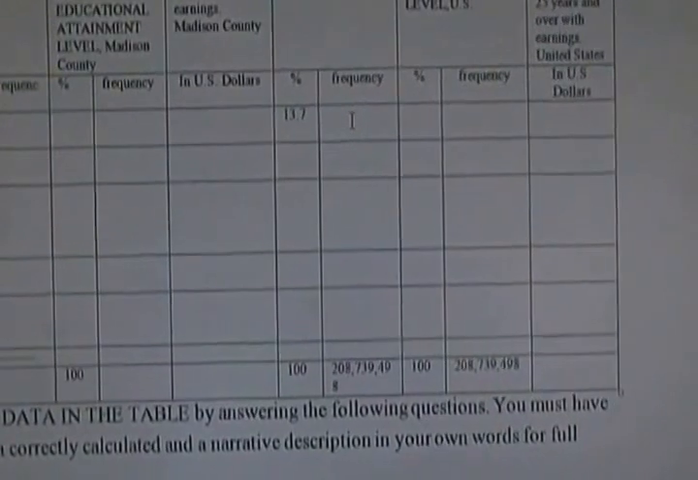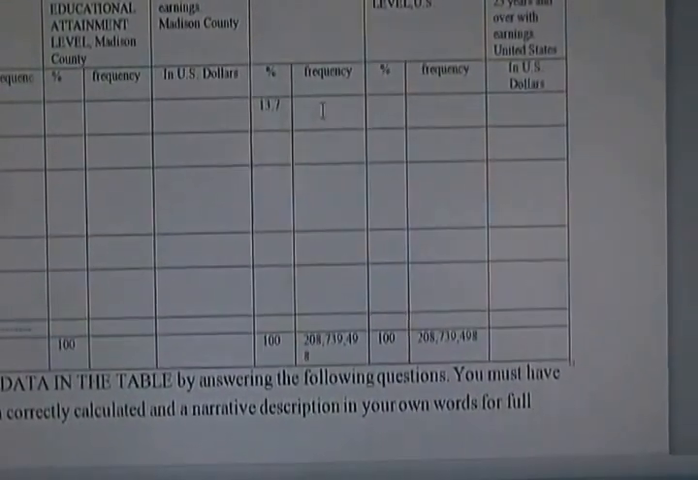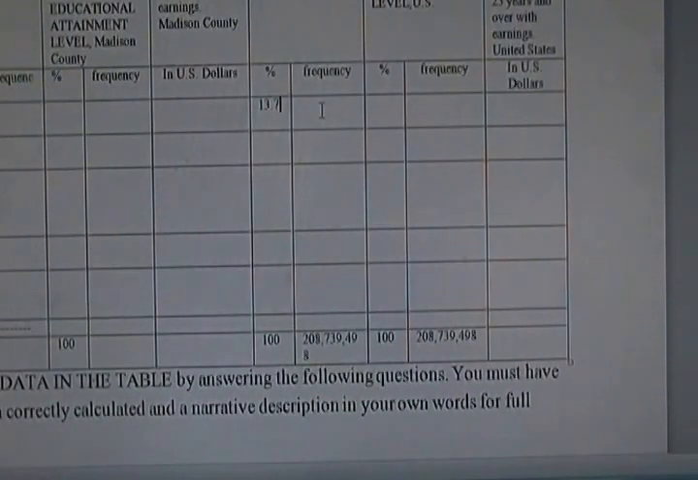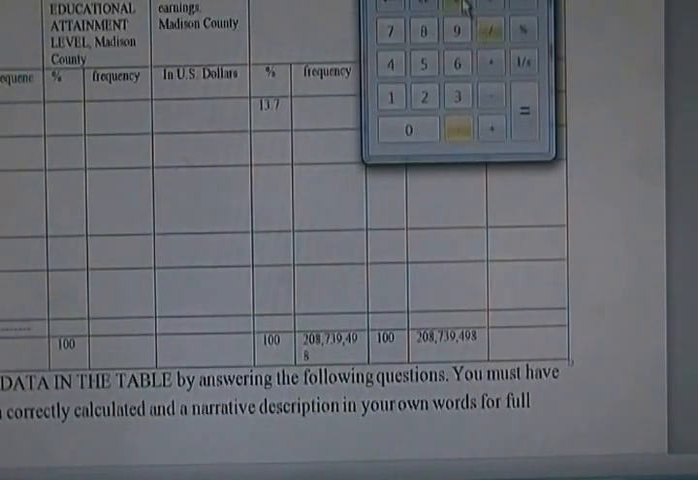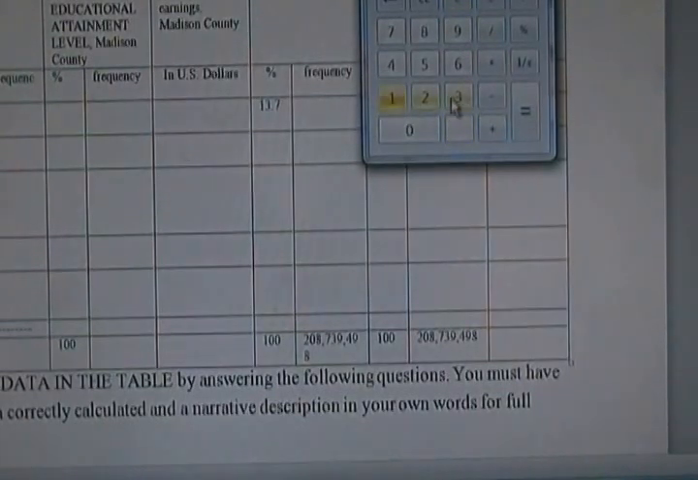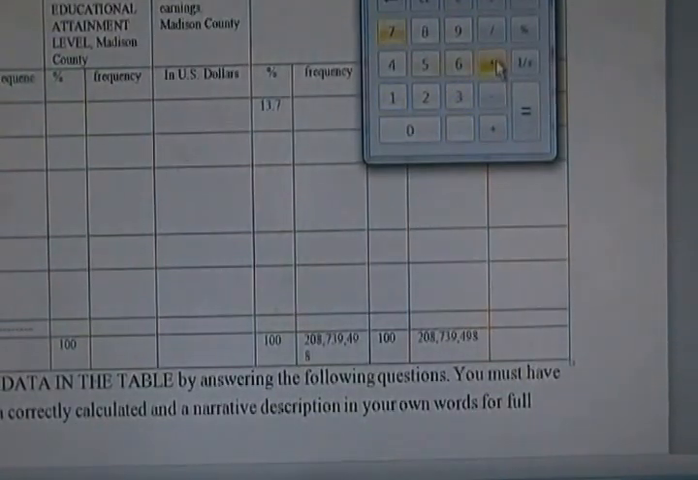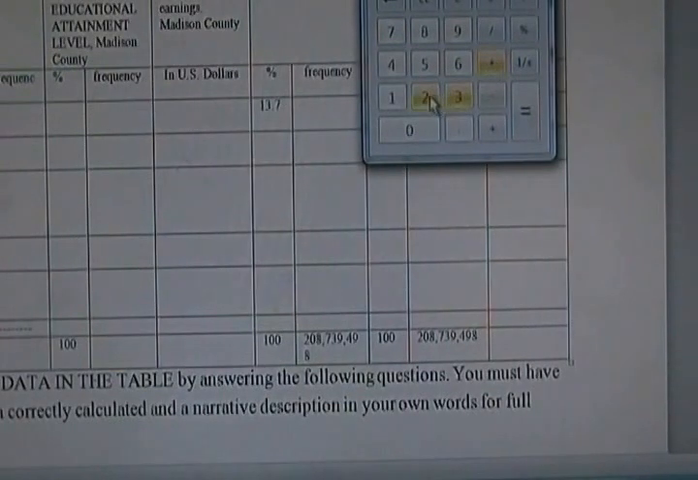Well, we know that a percentage can be converted to a decimal. 13.7% is the same as 0.137. So we're going to go 0.137 times 208,739,498. Oh, no, that's not right. Okay, so